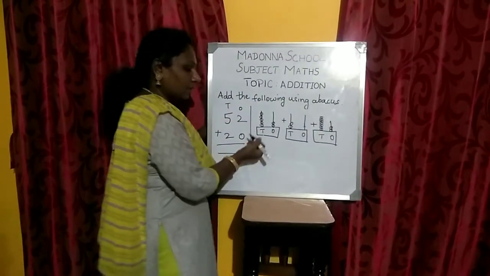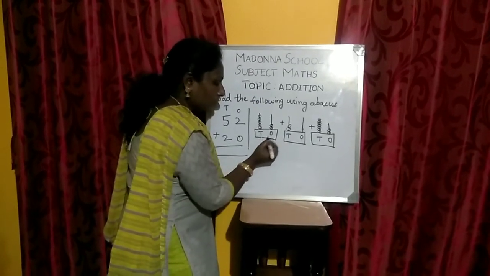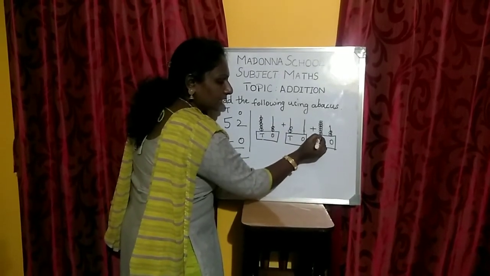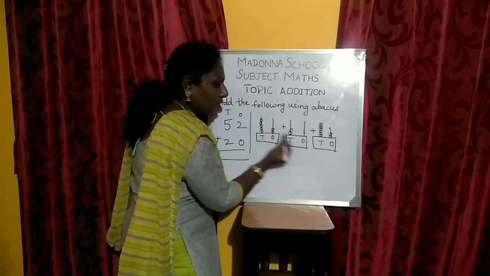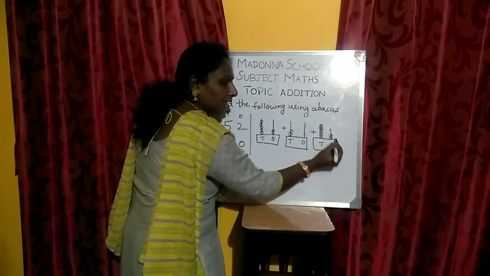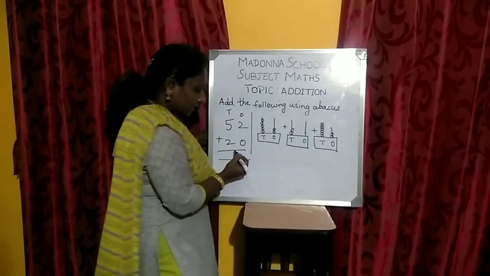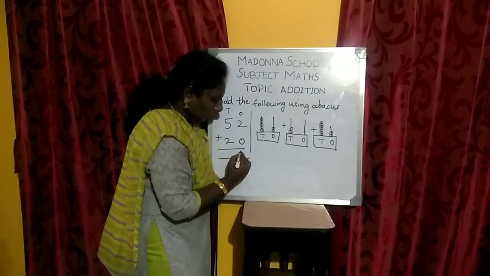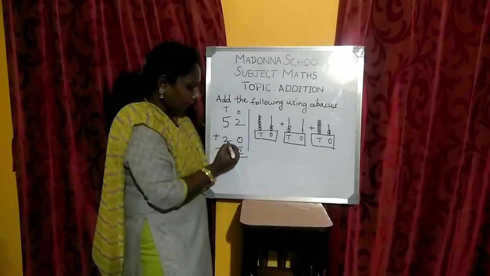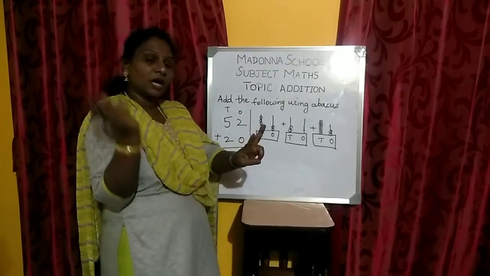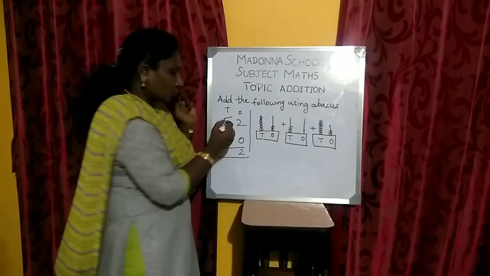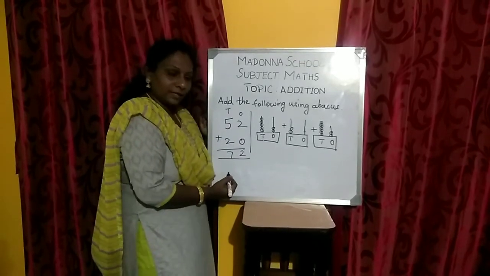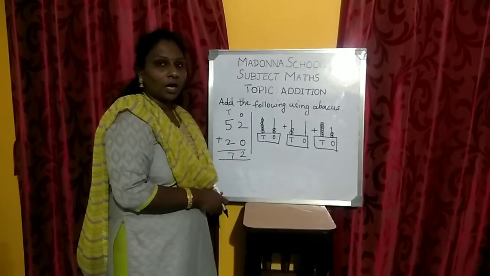Okay. So we can check now. See here in tens place, how many beads are there? 1, 2, 3, 4, 5, 6, 7. So I have drawn 7 beads here. So in ones place, 1, 2, you don't have any beads in the other number, so in the same way you can draw the 2 beads here. Now we'll check with this number, children. So 2 plus 0 equals how much? 2 plus 0 equals 2. Okay. So 5 plus 2. Keep 5 in your mind, show 2 on your finger. After 5, 6, 7. So 5 plus 2 is 7. Is the answer correct? Yes. So the remaining 2 problems you can do for your homework.